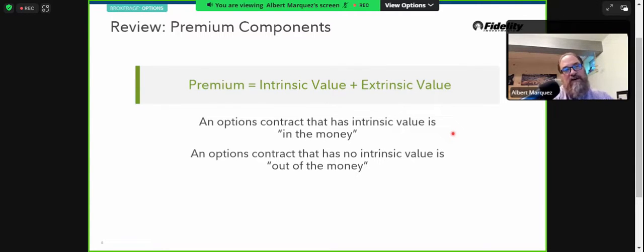If all else is equal and everything stays where it's at as expiration approaches, then we know that extrinsic value has to be taken out of that option. It's a decaying asset. It's going to expire at some point. And if we stay at 105 through expiration, that option is going to end up with simply intrinsic value of $5, no extrinsic value. So those are the two components that go into the option premium, the intrinsic and the extrinsic value. Hopefully that makes sense and jogs your memory a little bit.